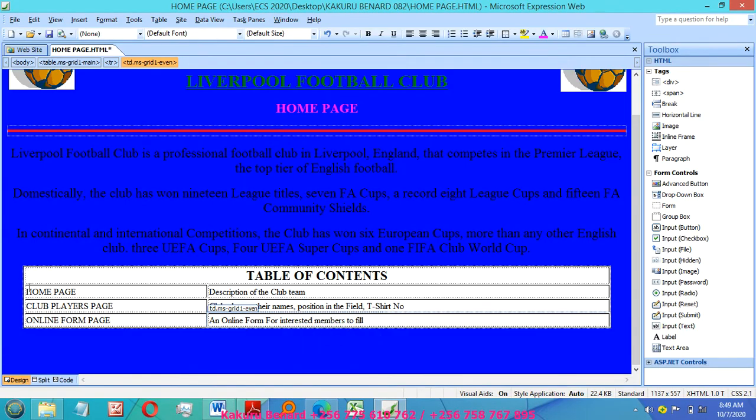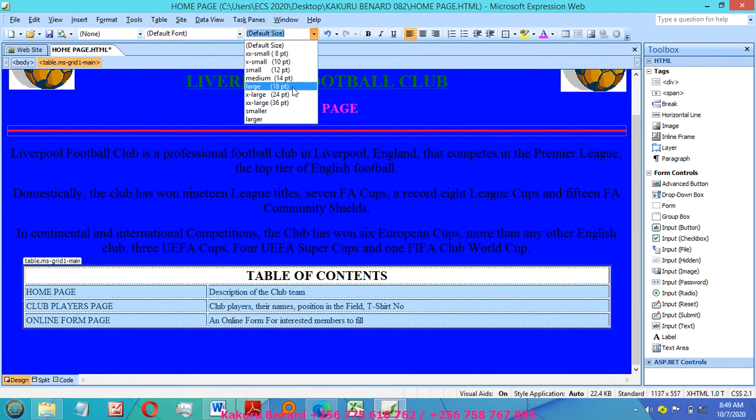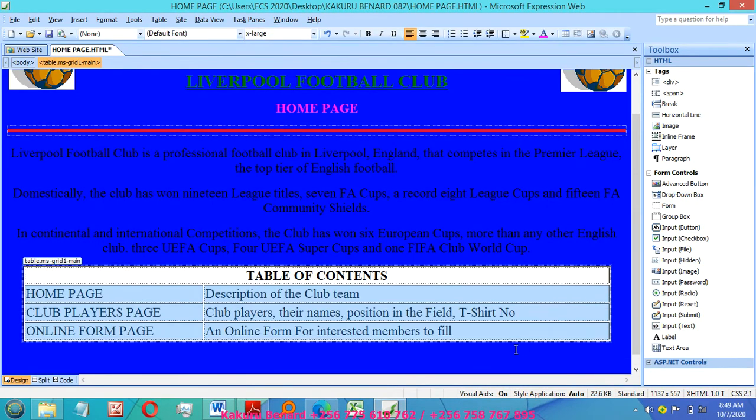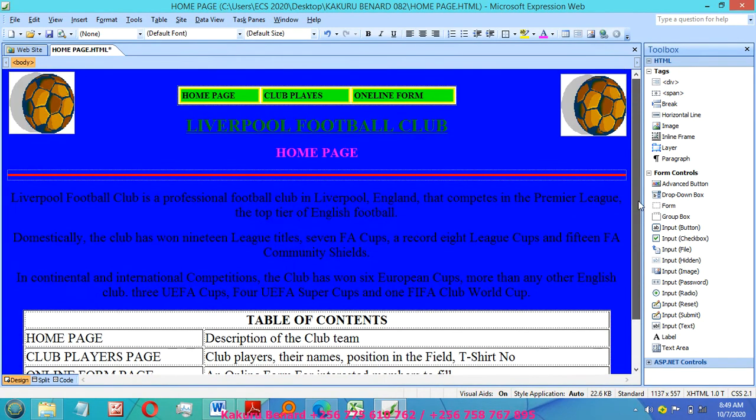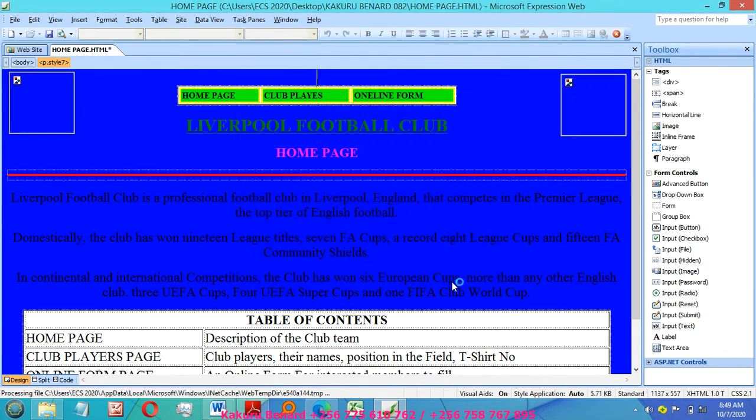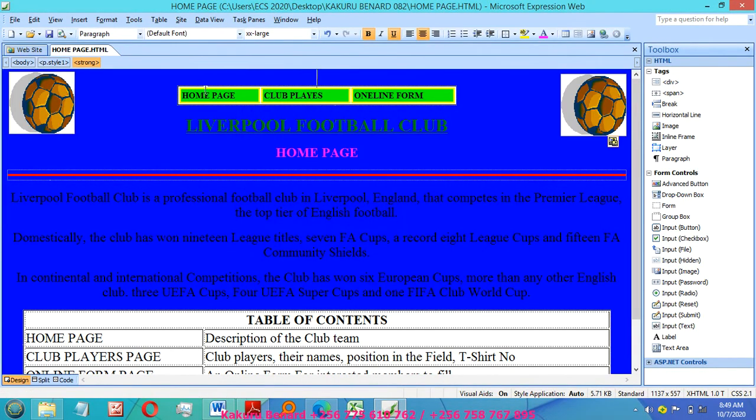So this we can change font size so that everything is clear. So this is our table. We are done with our table. You can save changes, click OK. So after saving, we are going to highlight this,